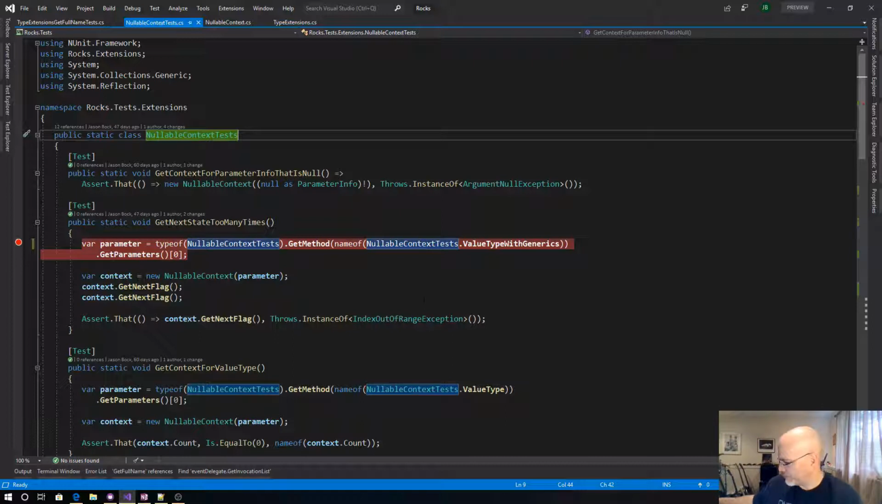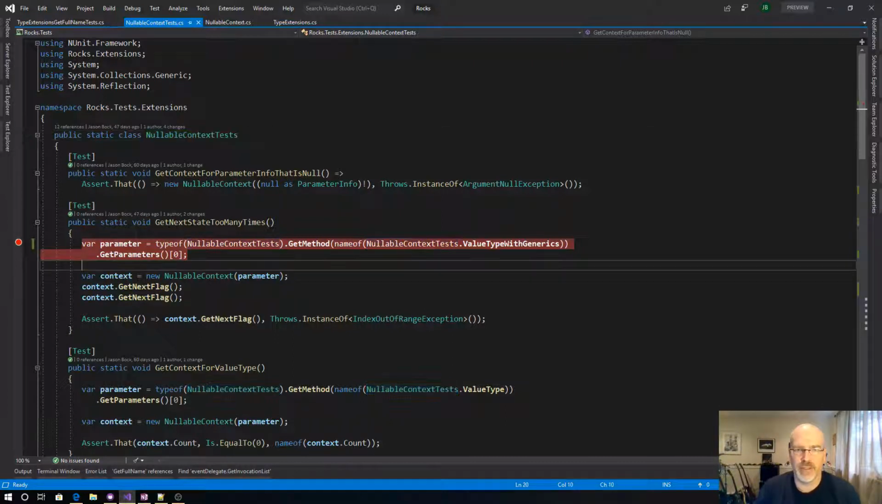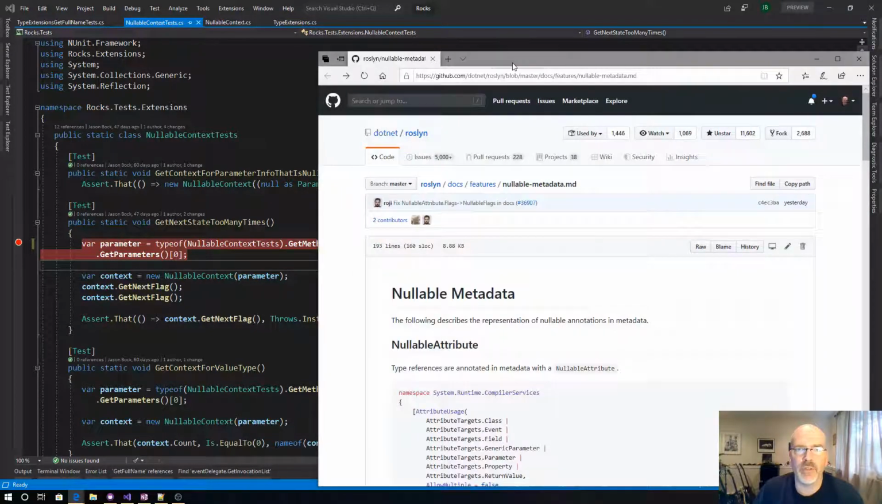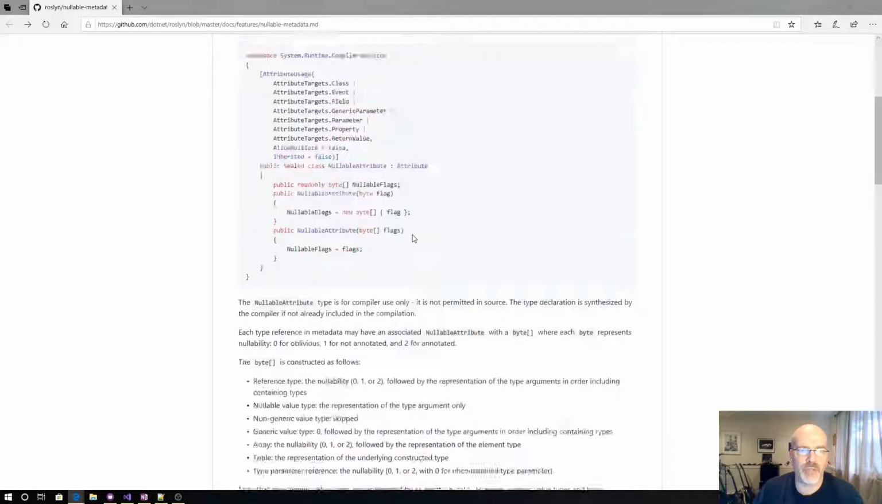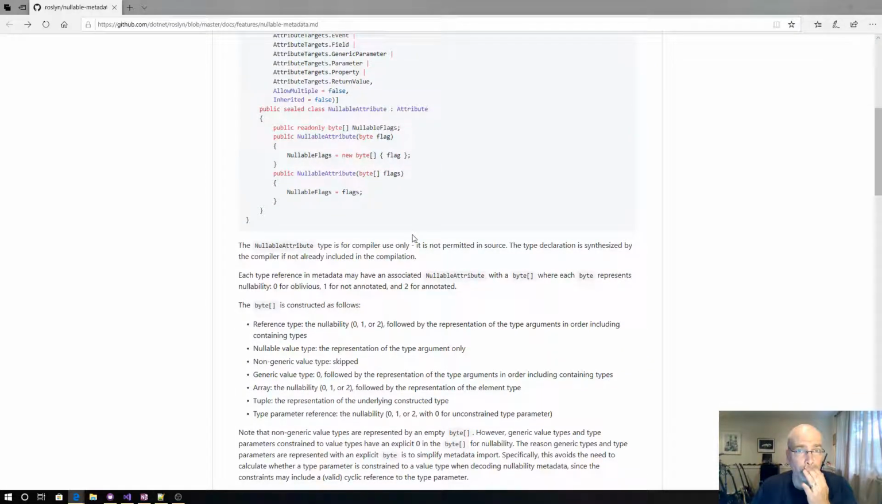So I was trying to look at how this was actually done. How is this put together? I threw it over on the screen here, and I'll bring it over so you can see it. So this actually describes what the